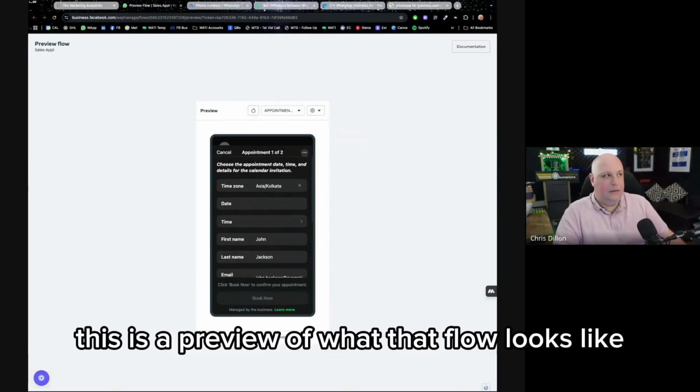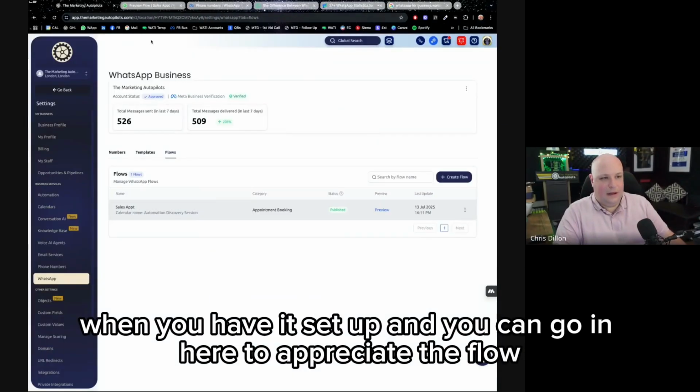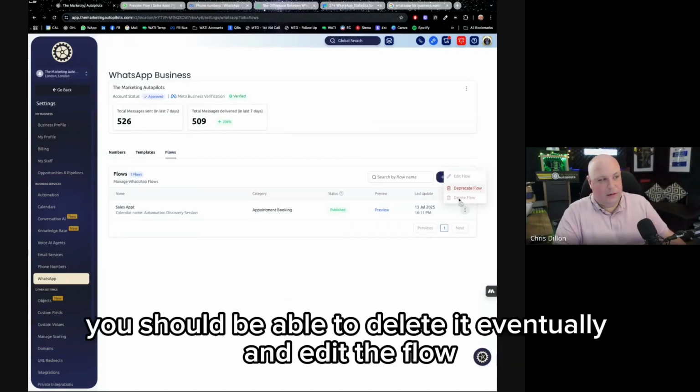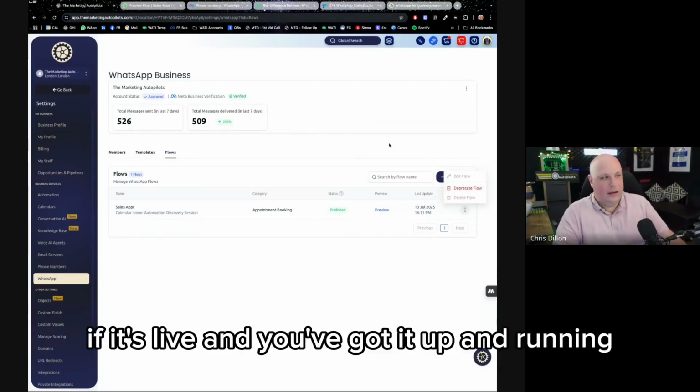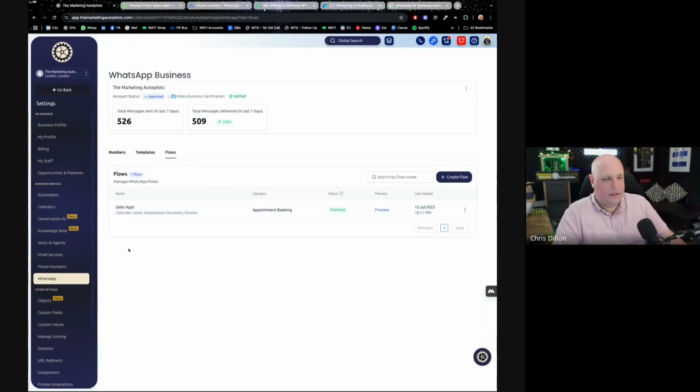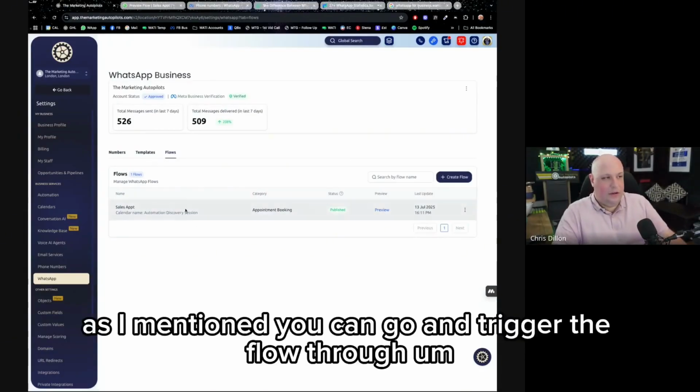This is a preview of what that flow looks like when you have it set up. And you can go in here, deprecate the flow. You should be able to delete it eventually and edit the flow if it's live and you've got it up and running. As I mentioned, you can go and trigger the flow through